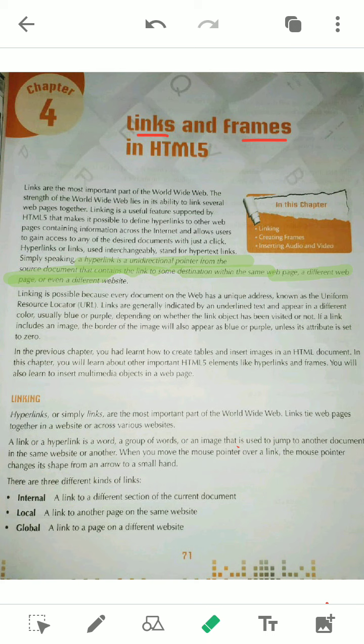That means the color tells you whether the link has already been visited or not. If it is not visited, the text will be blue. When you come back after visiting that link, the link color has changed to a different color.